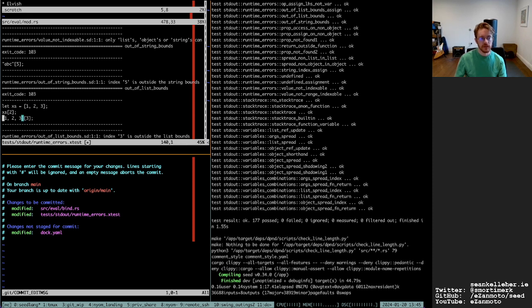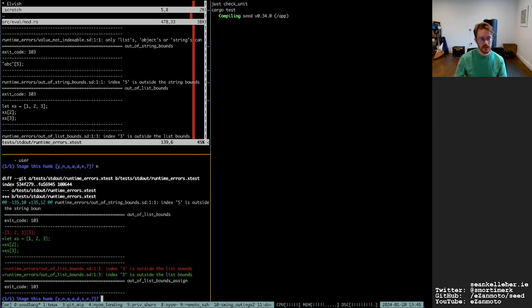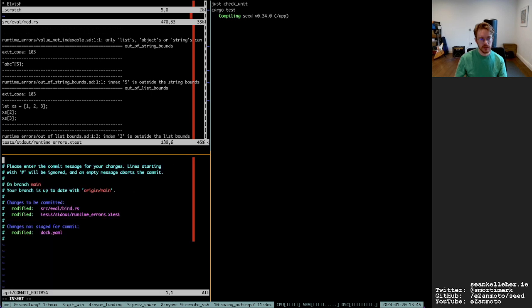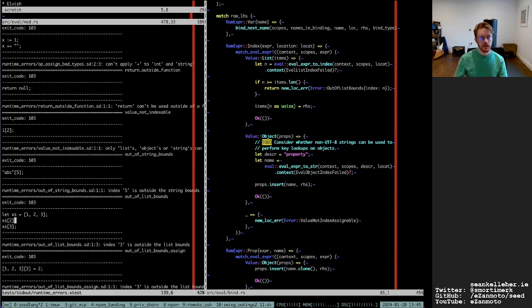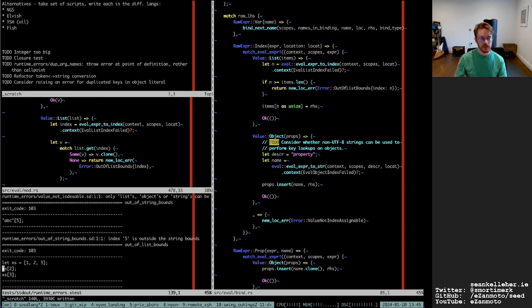And so it'll confirm that it's being raised on the third line and not the second line, so that the boundary conditions are being tested properly. Yeah, and so that's that done.